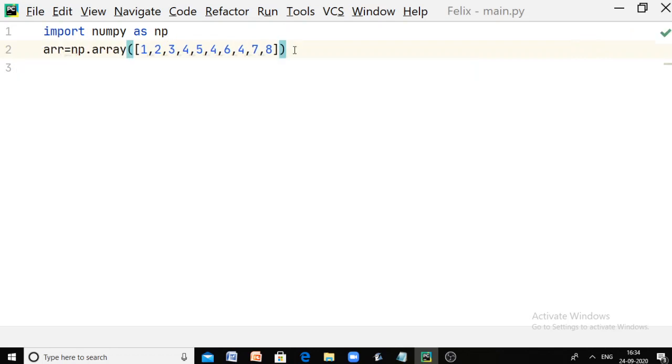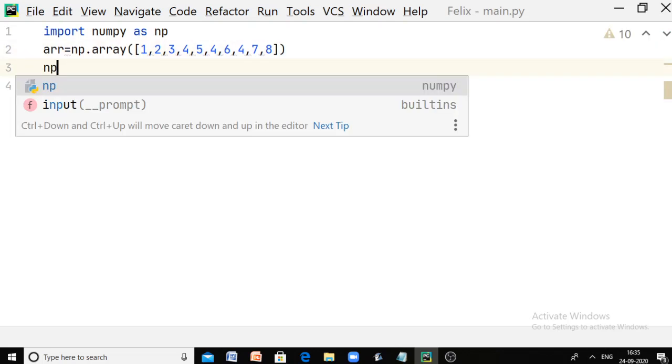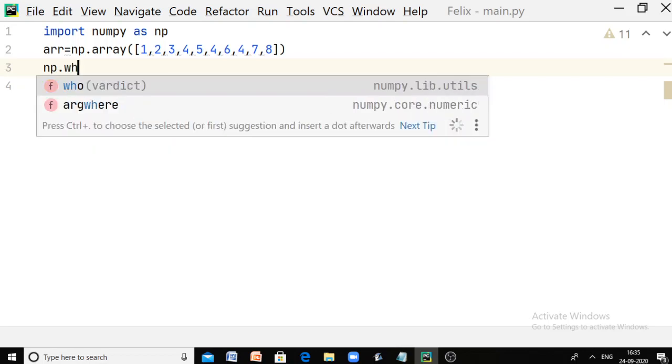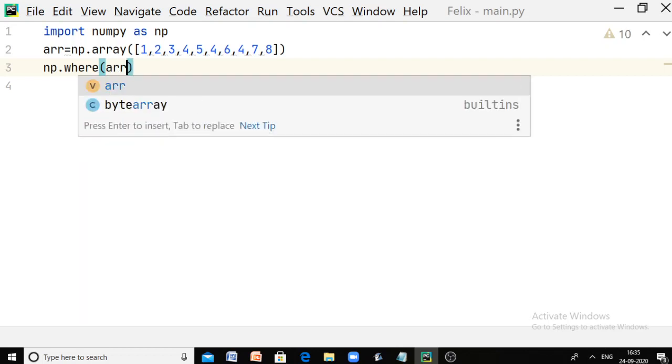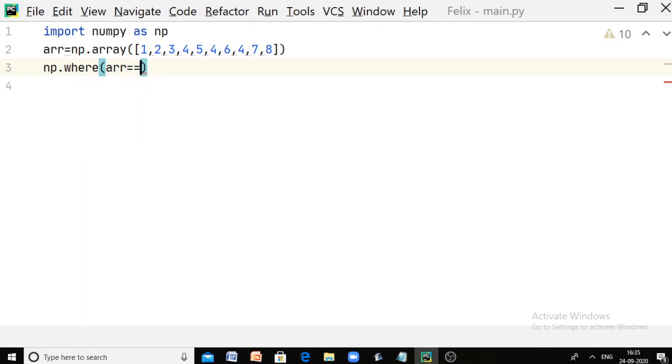Now let me do the search process. The search will be carried out by calling the where method, which is called by the NumPy alias name, so np dot where. It accepts the array in which the search is to be carried out as its argument, so the array name is arr, equal to, then the element to search.